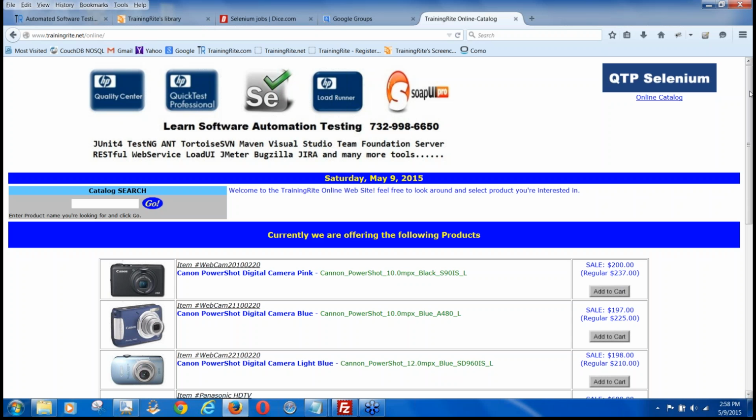So if I come up with a test case here, the test case is: find out if you could buy an item from this website. Okay. Basically, in order to buy an item, you